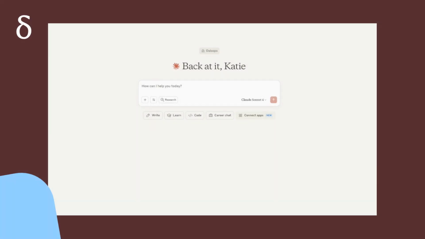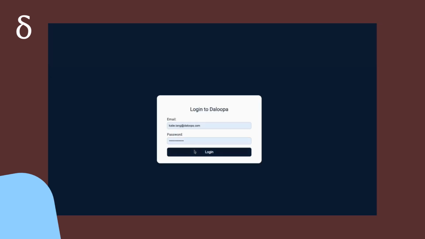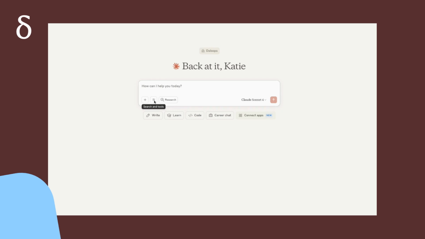So right now, we're in Claude, and in order to enable the Daloopa MCP in Claude, your enterprise admin needs to set up the integration on the back end before you can use it. You will also need Daloopa credentials that can be set up with your Daloopa account rep if you don't already have them. After the MCP has been integrated by your admin, when you open Claude up, you'll click on the slider button here and click the Daloopa button to connect. It will then take you to a window where you will log in with your Daloopa credentials. Afterwards, the MCP will be enabled and answers to your prompts will be generated using Daloopa data as the foundation